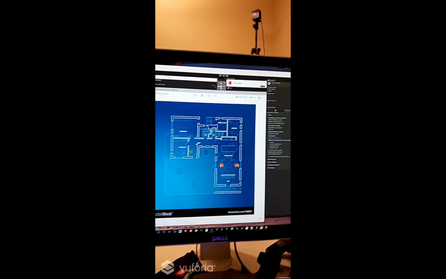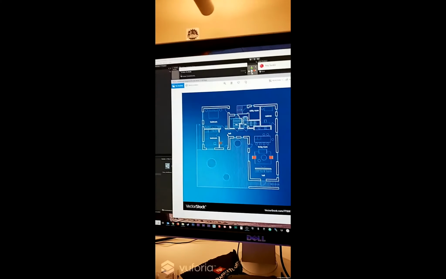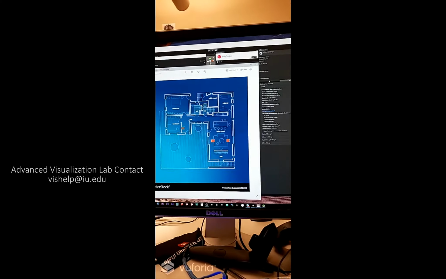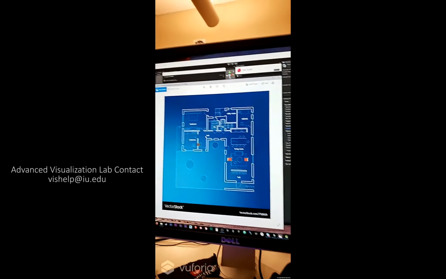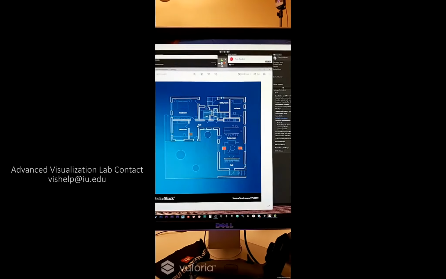If you need help doing augmented reality for Android with Vuforia, or even trying out Apple, you can contact the AVL. We don't actually officially support mobile development, but we do have some experience in it. We can do our best to help you out. Our contact information is